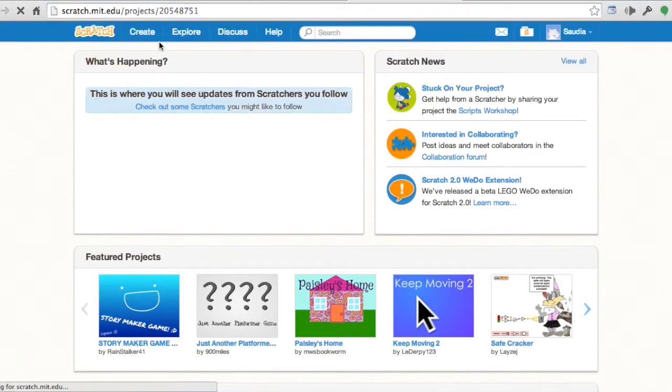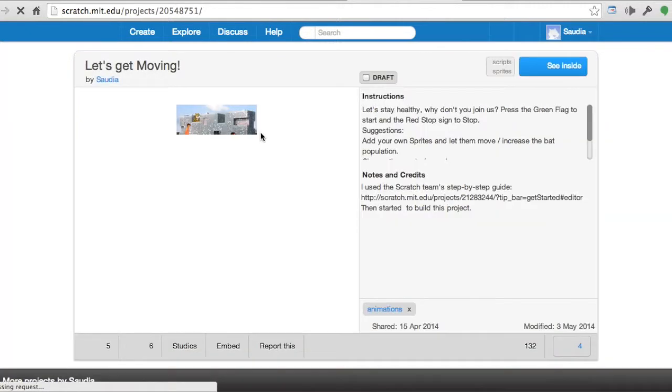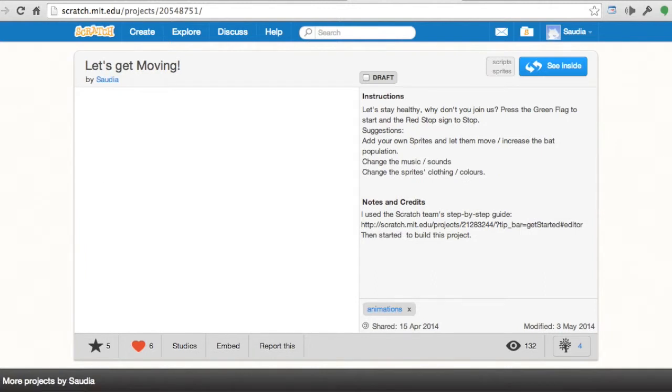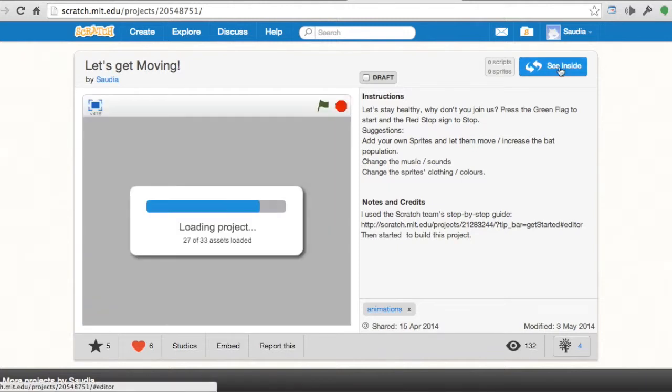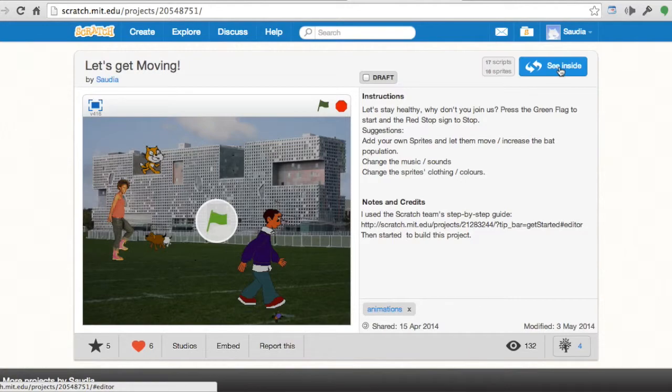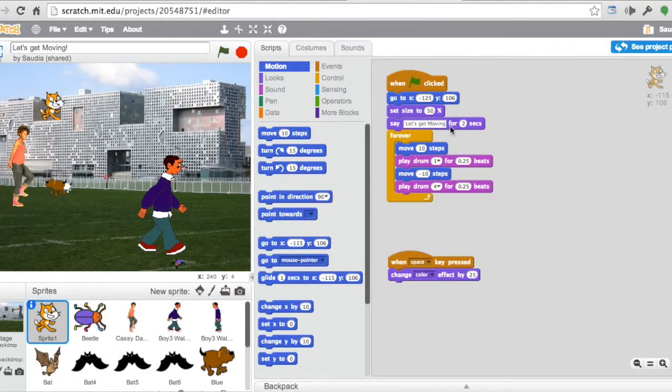205487551. And if we go there, we will see an example of a project made especially for you, so that you would use somebody else's work and learn from what they've done before. While it's loading, we can have a look to see the inside of it, and of course here